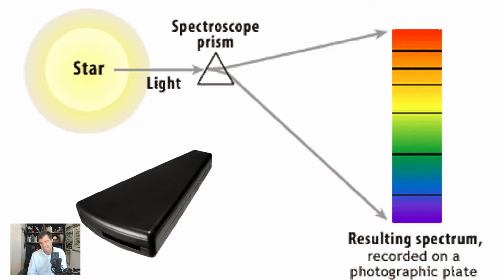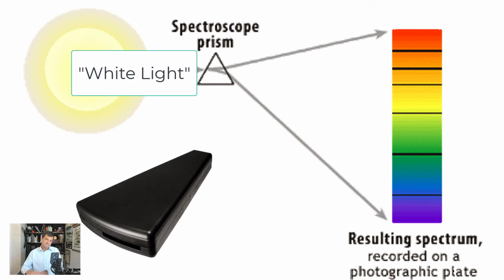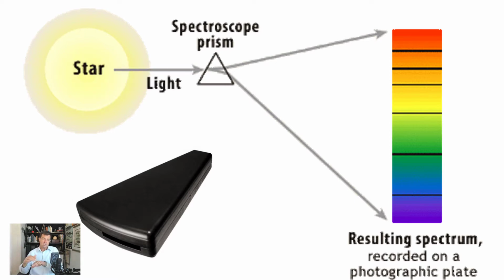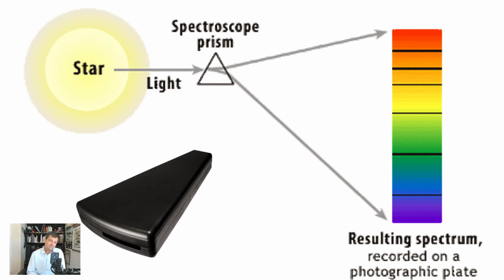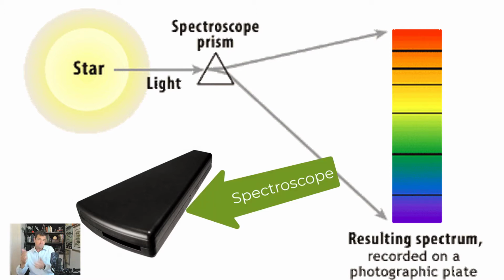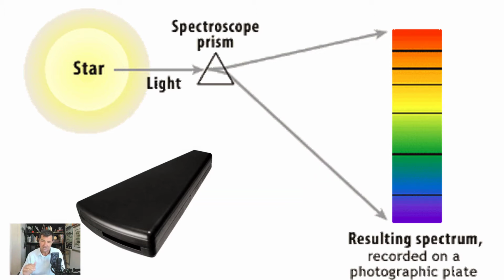The first thing we need to do is take a little look at what light looks like. So if we take a star such as the sun, or even the lights in the classroom or in your house, we call that light that you typically are used to seeing white light, and it consists of the entire visible spectrum, which is all the different wavelengths of what we call visible light that you can see with your eyes. Now, using a device such as this here, a very simple device called a spectroscope, you can use a prism inside that to divide up the different colors of wavelengths of light that are in that white